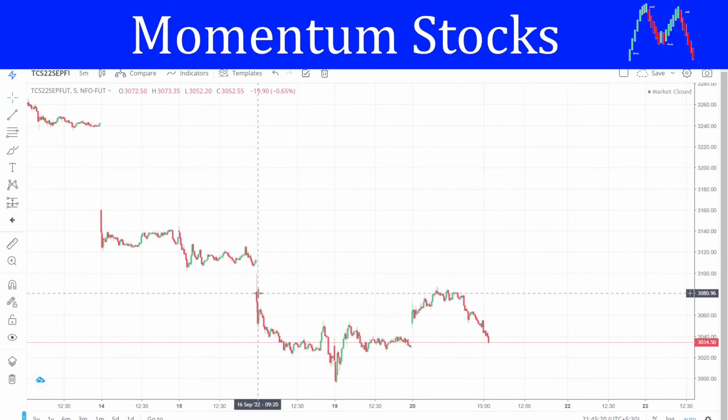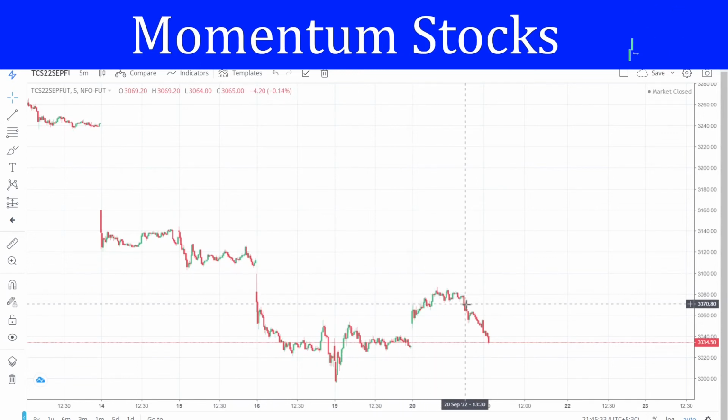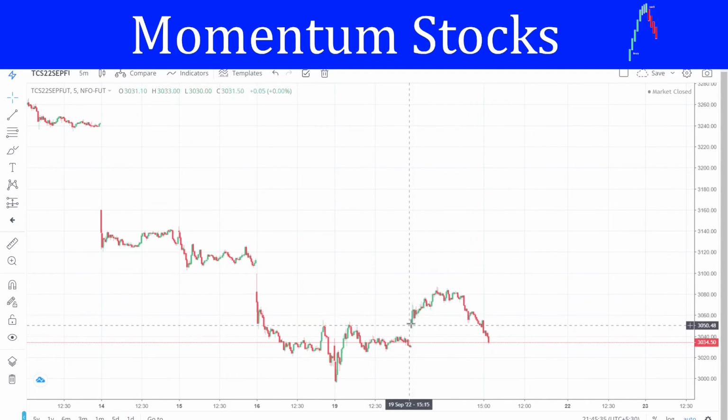Or we can also call it that day's high. One of the two, anything. Calling it opening would be more appropriate. This acted like a clear resistance and it started falling down. Did it fall till only our opening